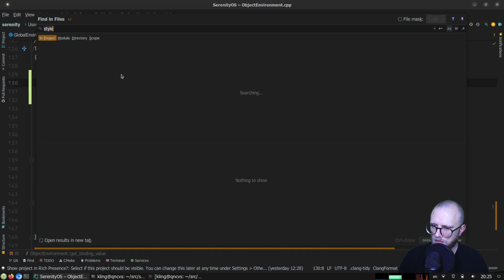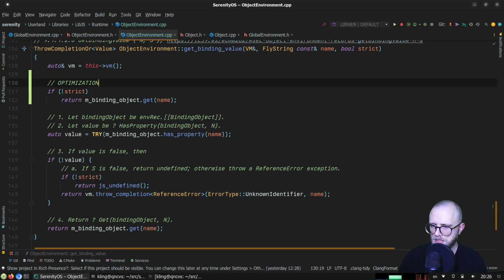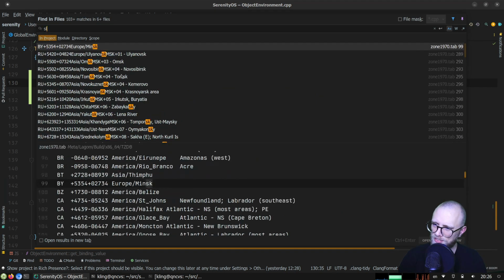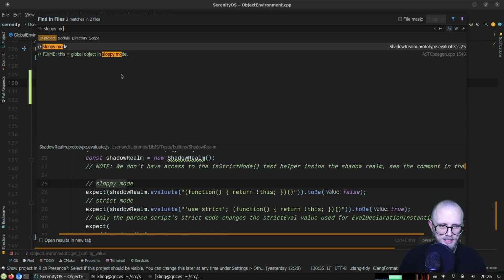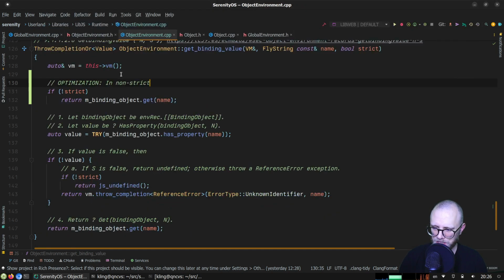Like, I think we typically do something like optimization: yeah. So optimization. In non-strict, is there another name for non-strict mode? Sloppy mode. That's only used in 2 places, and maybe I'm the one who put that there, so I'm just going to call it non-strict because I'm not sure if sloppy is the right technical term for this. Anyway, in non-strict mode,